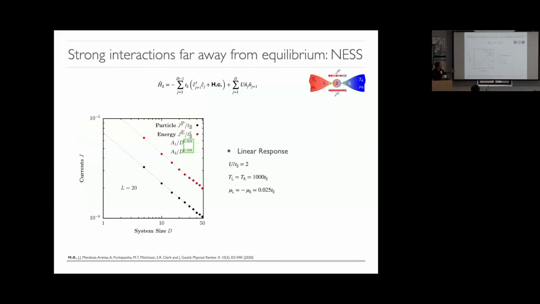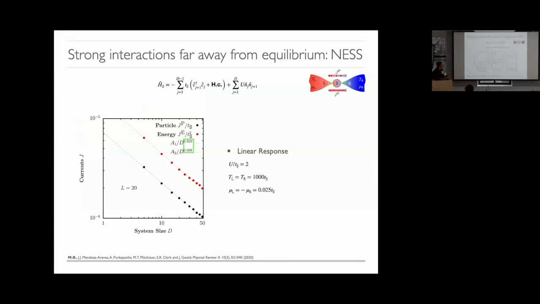And this decay, so what I'm showing you here is the value of the currents, both energy and particle currents, as a function of the system size in a log-log scale. And this exponent here, this 0.5, is the superdiffusive exponent that falls into the universality class of the KPZ, and decay of correlations. This is something we managed to observe with this method, and we're very, very happy about it. Not a new result, just corroborating something that we already knew that we can capture with this method.